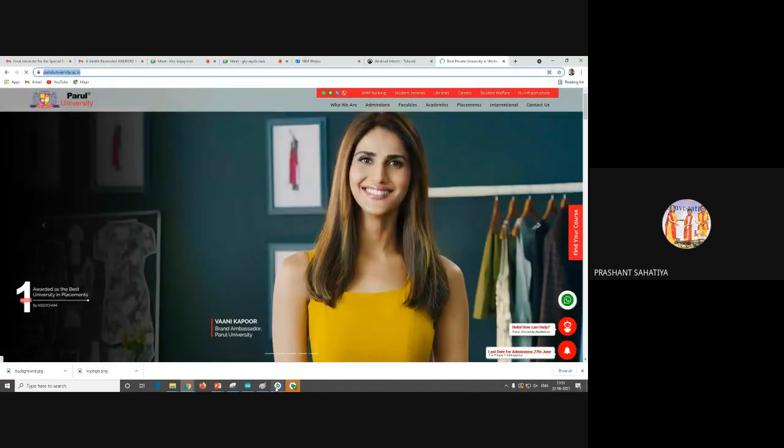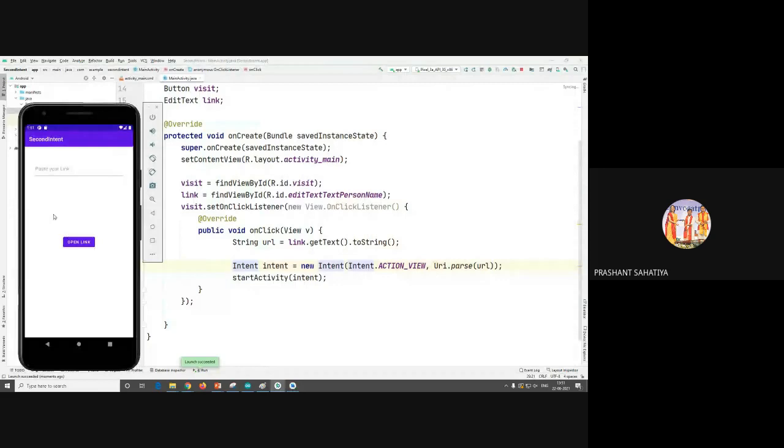Control C. Here I'll Control V. नहीं हुआ. Okay, and I'll click on open link. Just a minute.